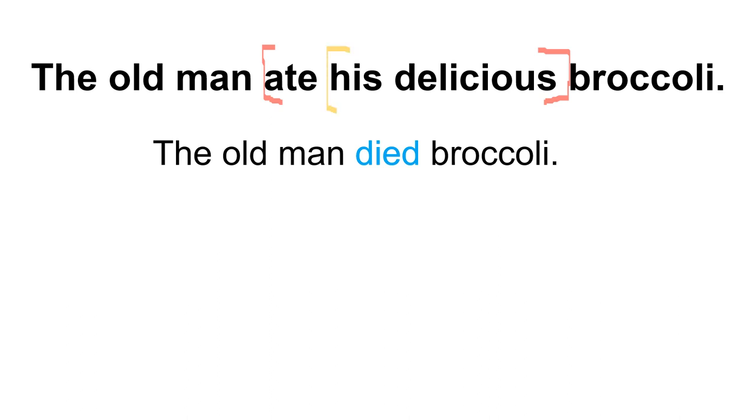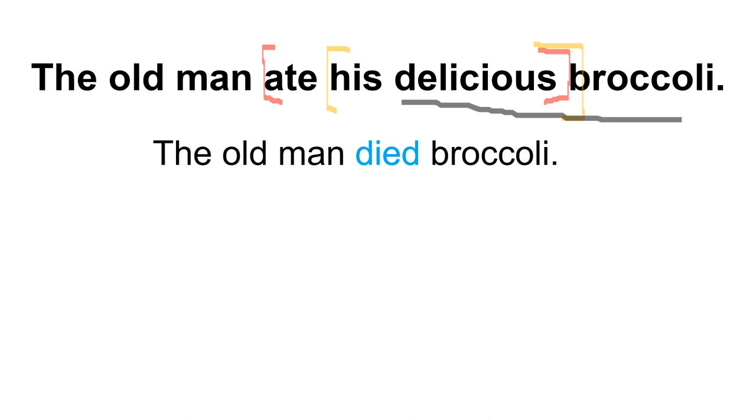What about his delicious? This is a weird thing because his is a determiner and delicious is an adjective phrase, but there is no phrase that joins them together. Therefore, we're not going to have his and delicious together as a unit, especially when we know that delicious and broccoli function together as a unit, which means we can split up his and delicious into their own things as well, because we've already shown that delicious and broccoli have to go together.